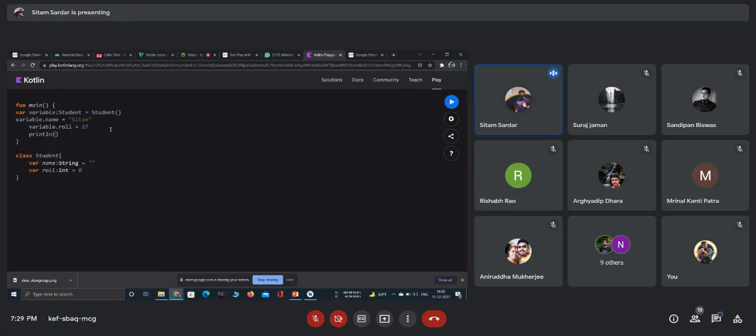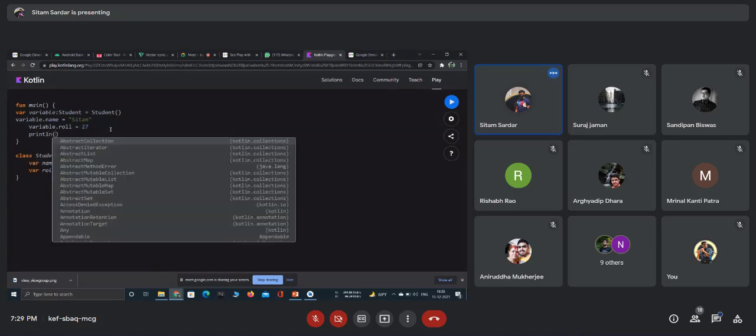I have already discussed that in my previous videos, so you can check it. And in this println function, we just need to pass the variable we want to print. Here what we want to print is the name of our student variable.